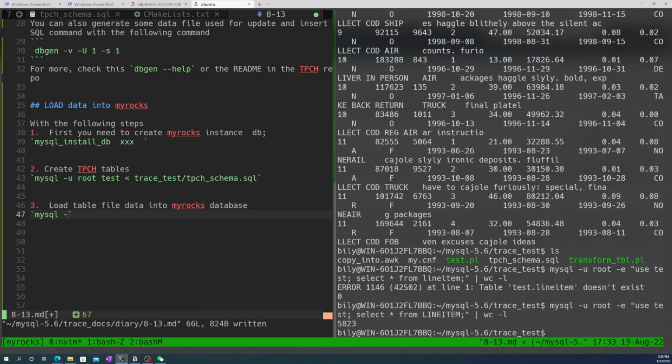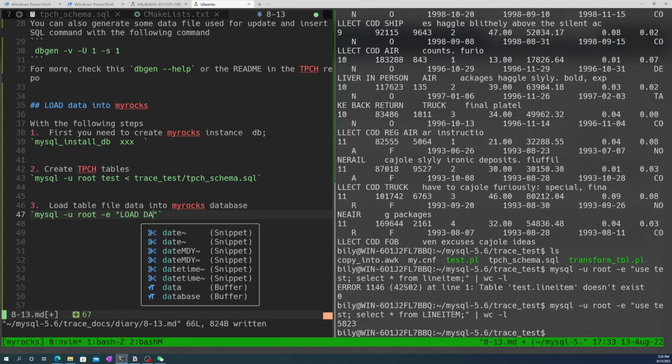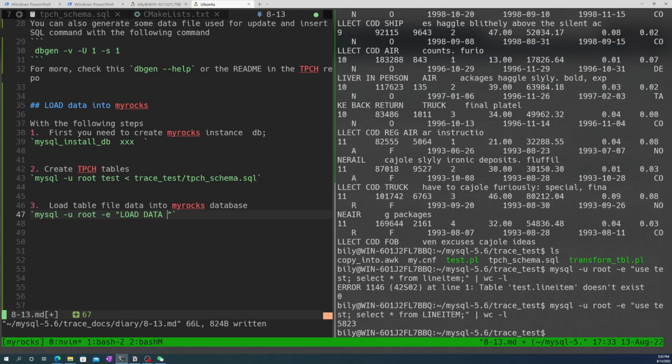You can call mysql -u root -e, load data local infile lineitem.tbl, and then separated by